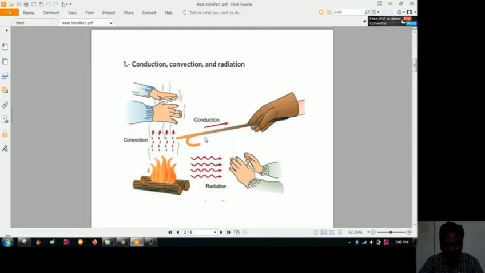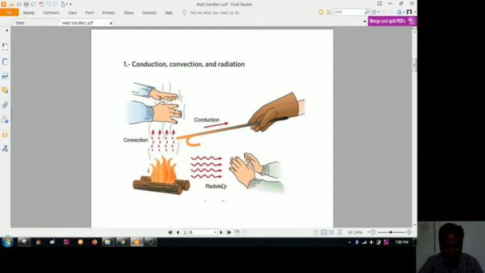Initially it is a cold rod. When it is near the source, heat is first absorbed from the source, and the temperature keeps on increasing along the rod. Ultimately the person who is holding the rod is going to feel the temperature increase at this particular point. Then there are the fluid particles moving here, which he senses after a certain distance, say a few meters, if he is exposed to the heat source.